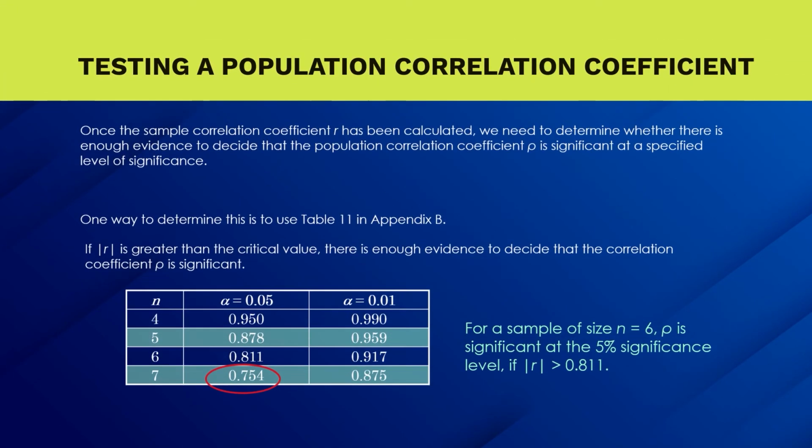So anyway, testing a population correlation coefficient: once the sample correlation coefficient r has been calculated, we need to determine whether there is enough evidence to decide that the population correlation coefficient, which is known as rho, is significant at a specified level of significance. And one way to determine this is to use the table. So what we have done, we have seen that 0.754 is coming. So for a sample size of n equal to 6, rho is significant. This is explained by rho at 5% significance, if r is greater than